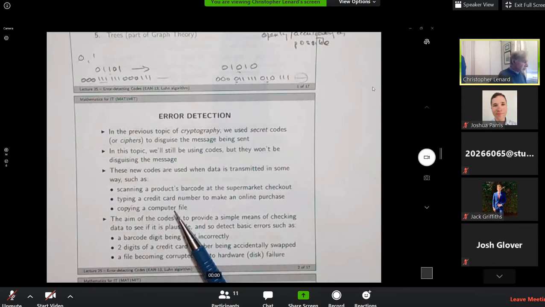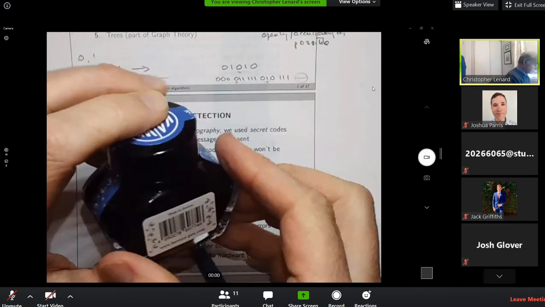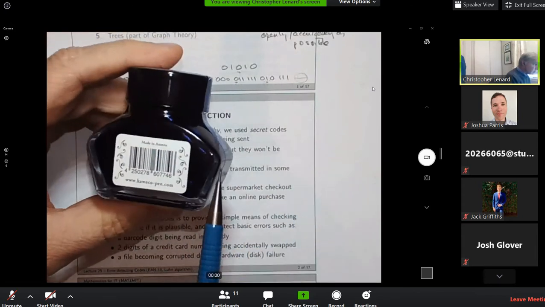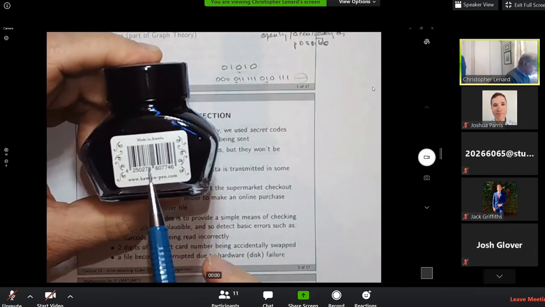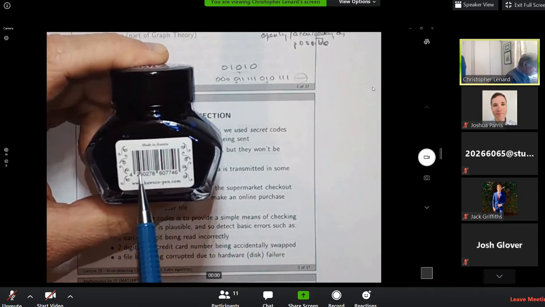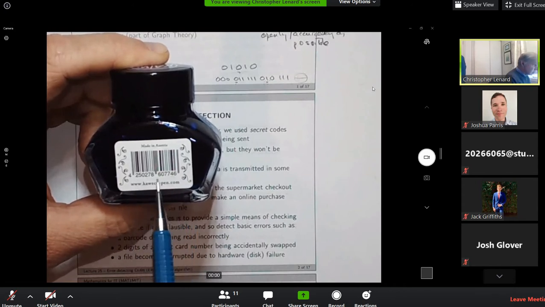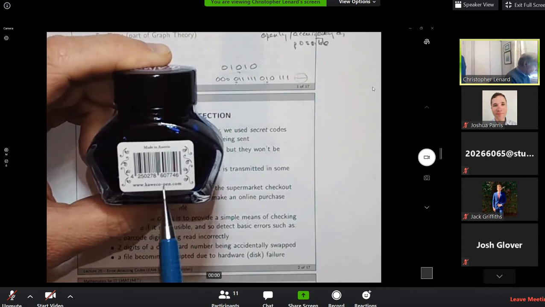Do I have something here? Yes, I'll find something on my desk that has a barcode on it. Surprisingly, the number of things that don't have barcodes on them. So this will do. Okay, I have a bottle of ink, and let's see. Yep. So here's my barcode, and each of those bars, these sequence of bars encode this number, and